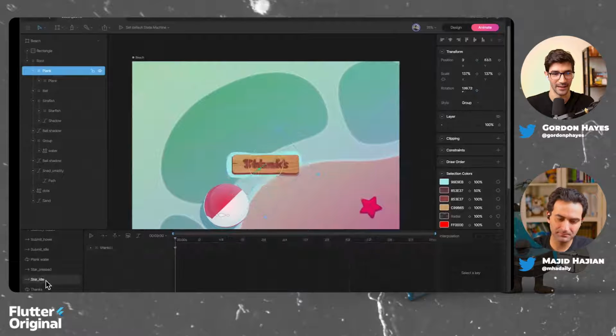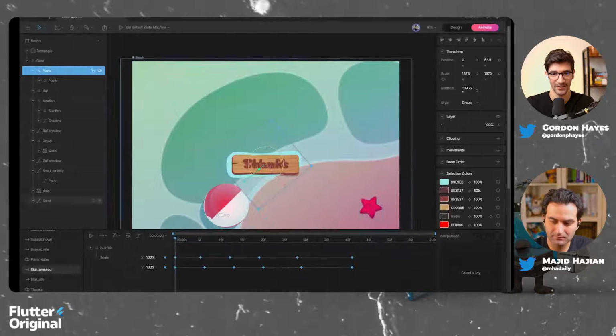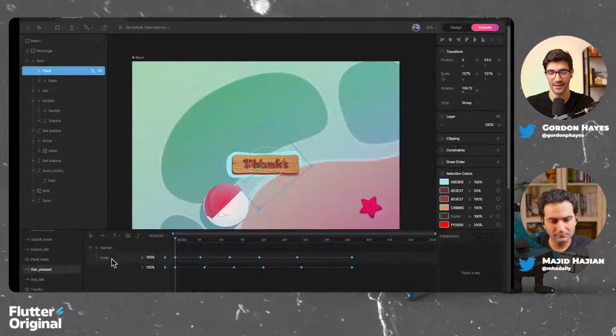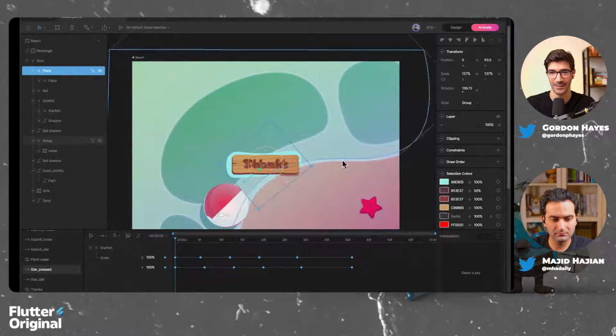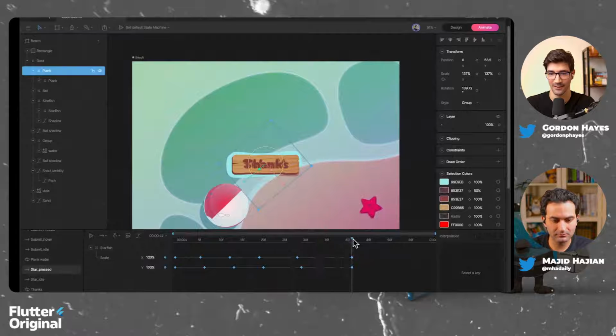And in a similar way, we have the star idle, which does nothing. We have star pressed, so this over here. If you press it, it does a little bounce. And to create this bounce effect, it's a matter of defining the scale. So for this instance, we are defining the starfish's scale, and the starfish is this group over here. And again, important when you do animations, you need to be in the animate tab. And then it's just a matter of skimming the timeline and setting the size or the position or the rotation or the color,